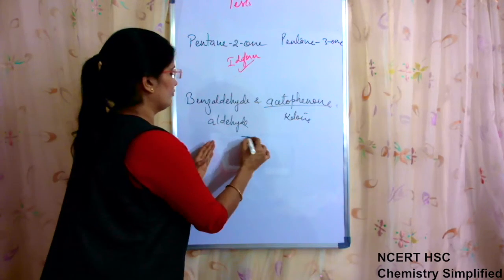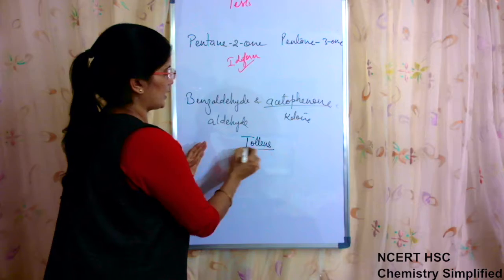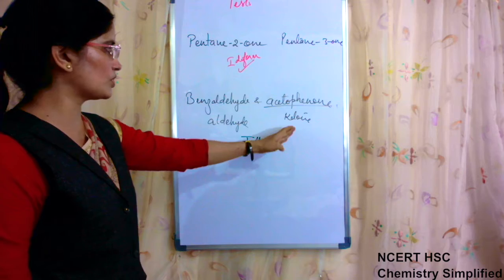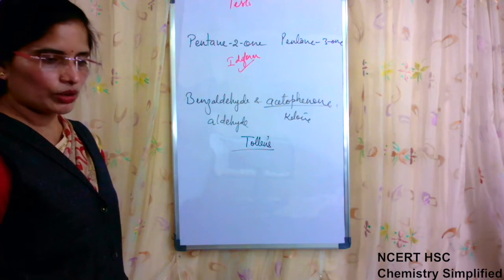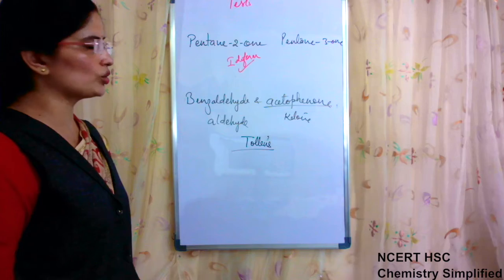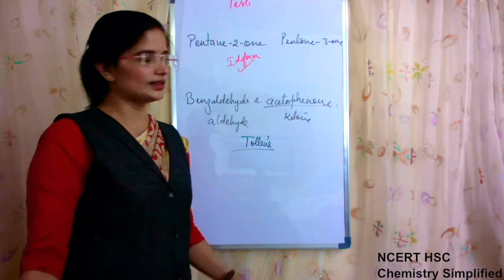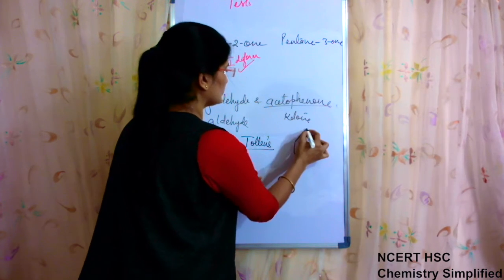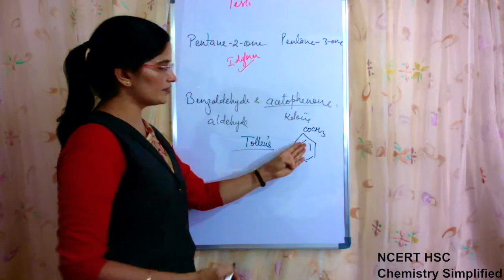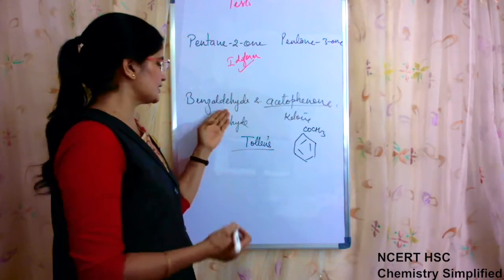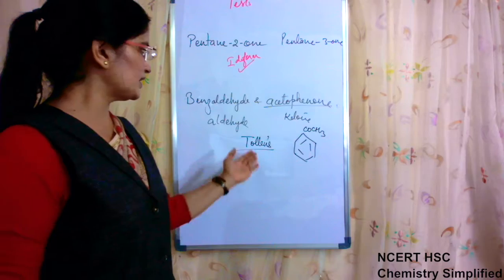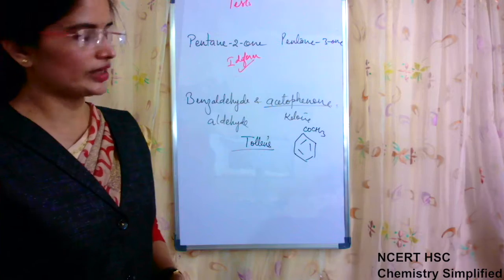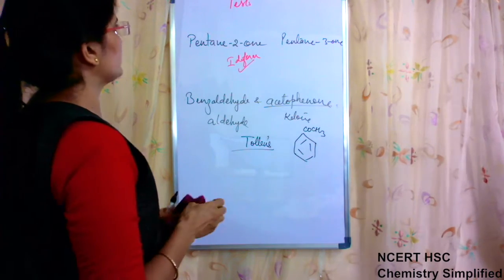So we will write that Tollens reagent, or the Tollens silver mirror test, can be used for distinguishing these, because one is a ketone and one is an aldehyde. Because we have to write one test only, we do not have to think about the other. Even if we want another test, acetophenone is this, so it will also give the iodoform test. Benzaldehyde will not give the iodoform test. But one test is sufficient. We should know that a second test is also available. Any of the tests you write, both will be correct.